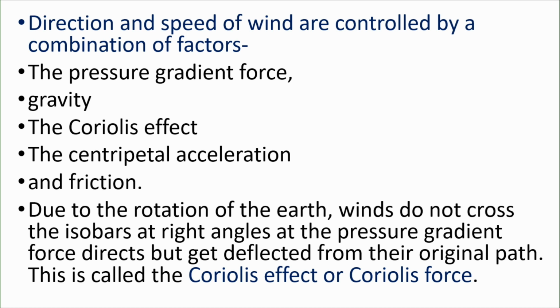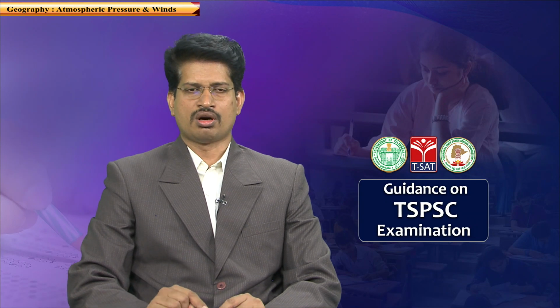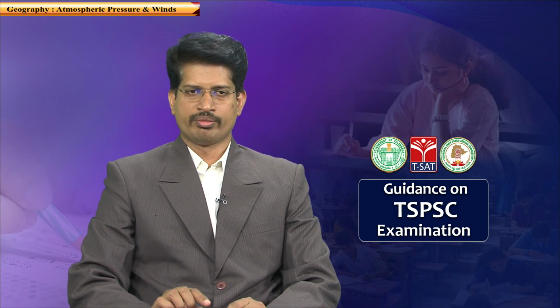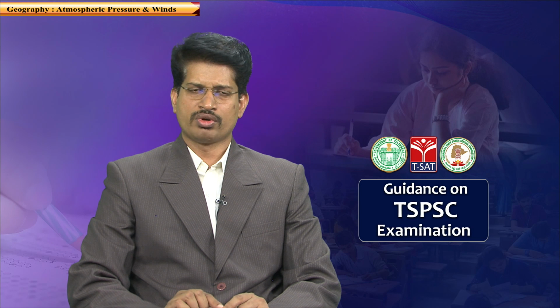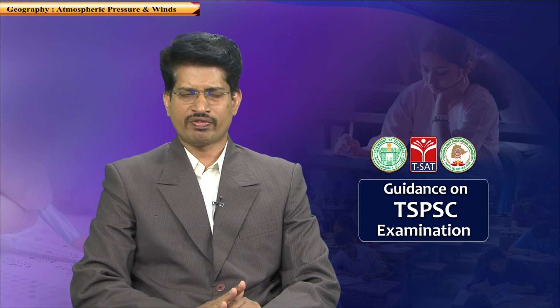Gravity: because of gravitational force, what happens? The density increases. The more the density, the more the pressure. Next is the Coriolis force. Coriolis force is a force which will not allow the wind to flow along the pressure gradient. Because of the earth's rotation, the wind, when it is flowing from high pressure to low pressure, is deflected to its right